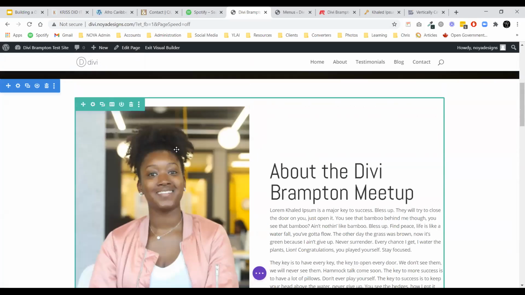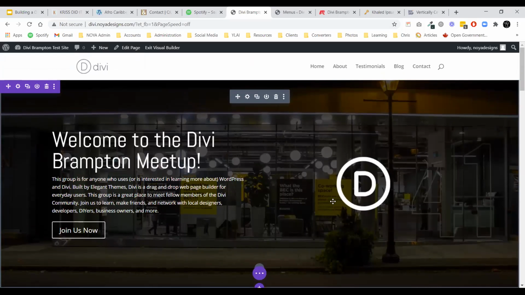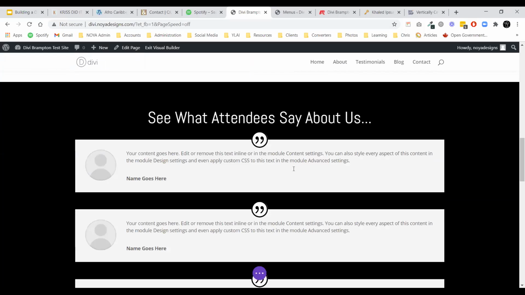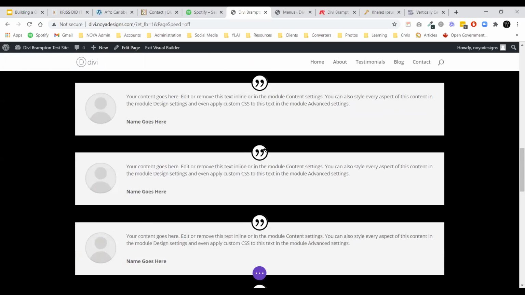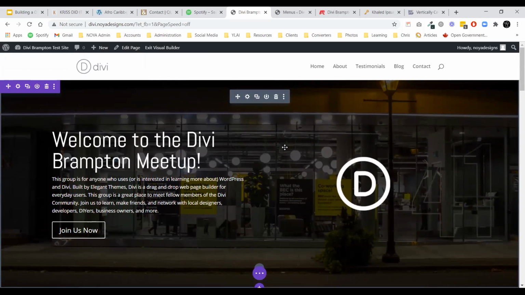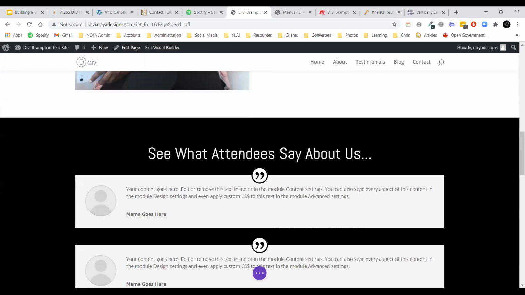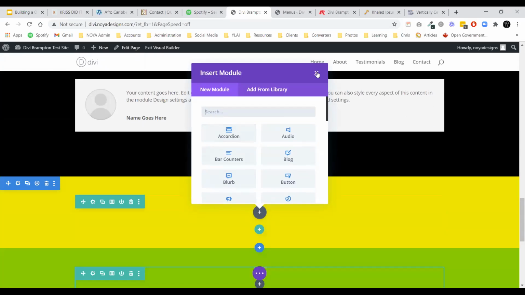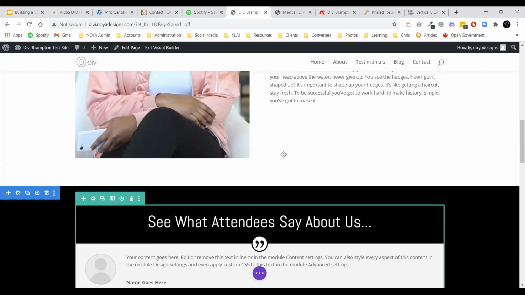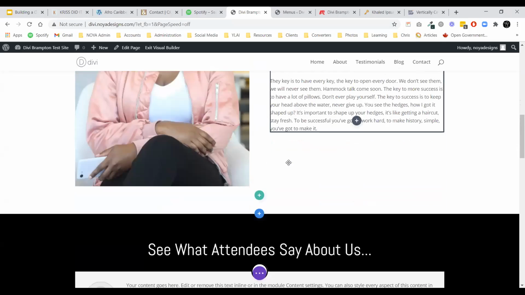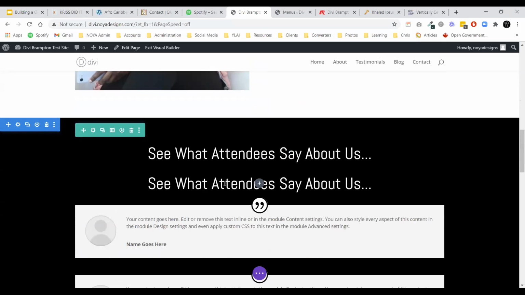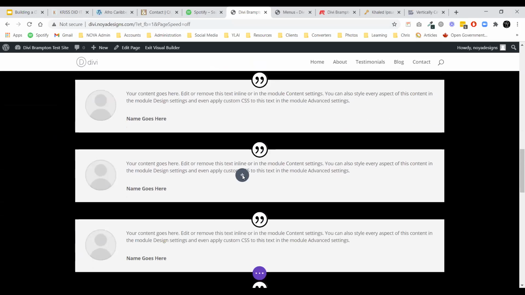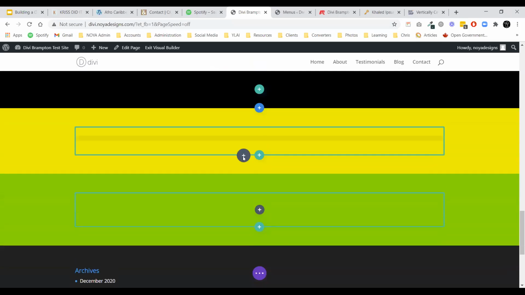So I think we're going to take the same pattern. Actually, I see a bit of yellow in this photo. So I think we're going to keep this yellow to match with the photo on top. Again, keeping the same style. And I'm going to add another text. Actually, I'm going to duplicate this text block here. And I'm going to move this down into here